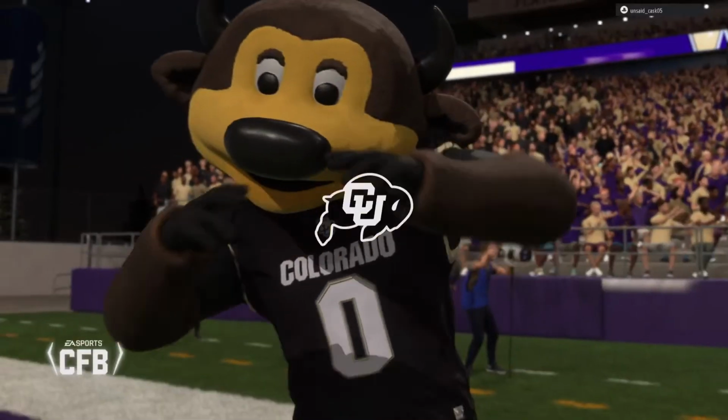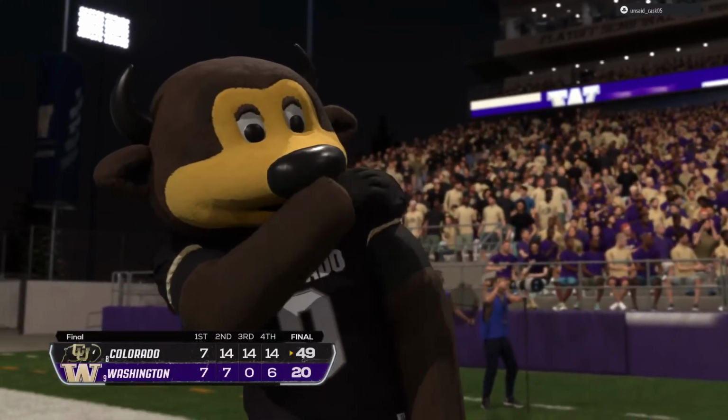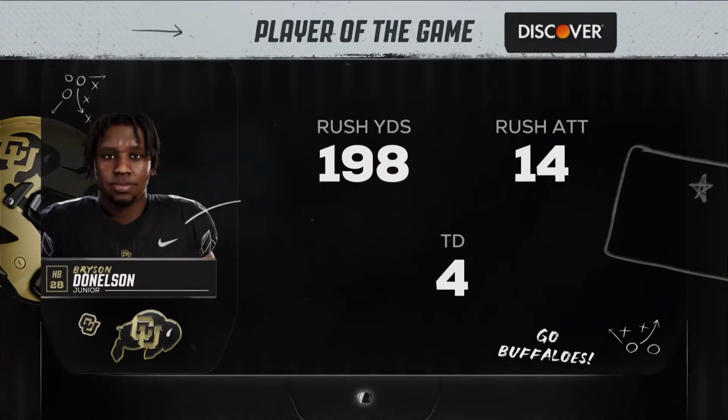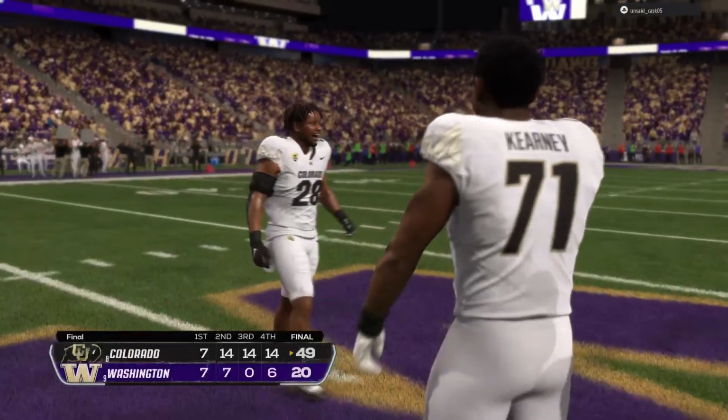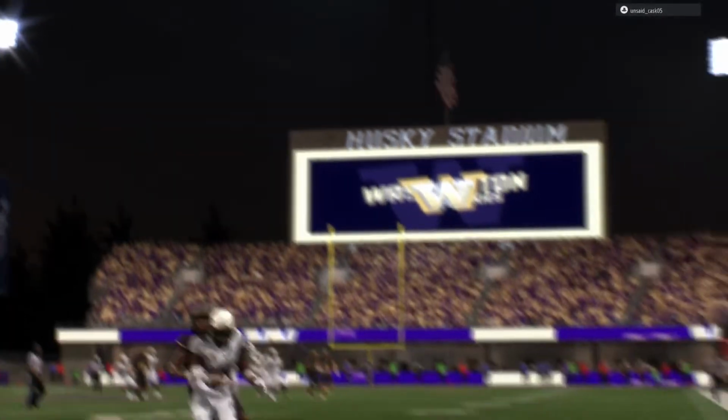Coming into this one, we wondered whether these guys were a little bit overrated, and certainly they did nothing to dispel that notion. They were playing angry today, and I know talking to some of their players, David, coming into this game, they felt like they were being disrespected. A lot of people thought their opponent might get them today, so they took this opportunity to make a statement and make an example out of their opponent.